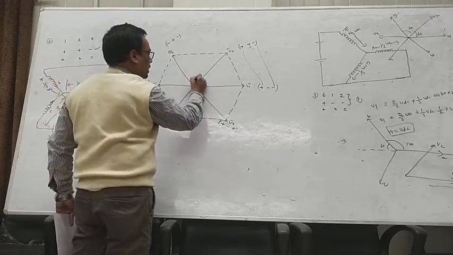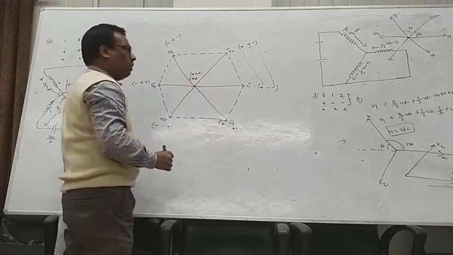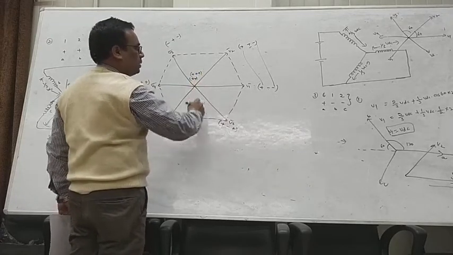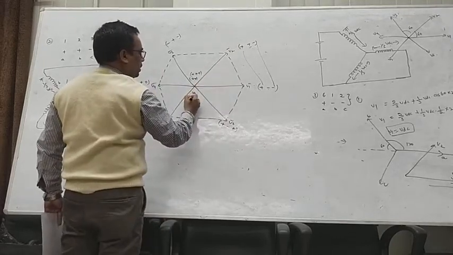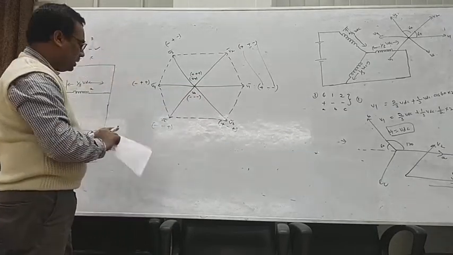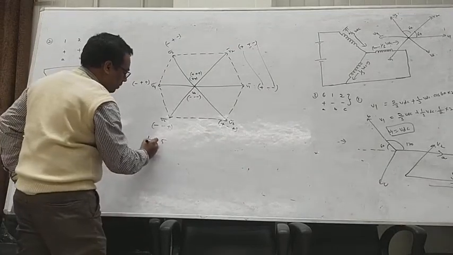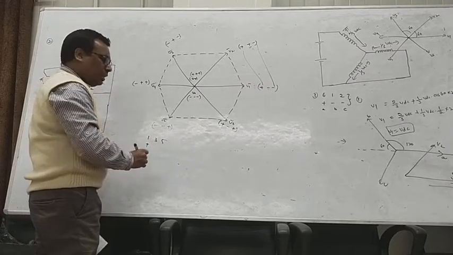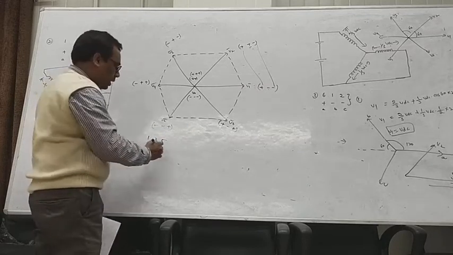And the next one is V7. V7 means all positive group switches are on. Why am I representing it here? Here you see all plus plus plus, and V0 is minus minus minus, which is near to V5. If all switches are on, that is 1, 3, 5. 1 is the upper switch in phase A, 3 is the upper switch in phase B, and 5 is the upper group switch in phase C.